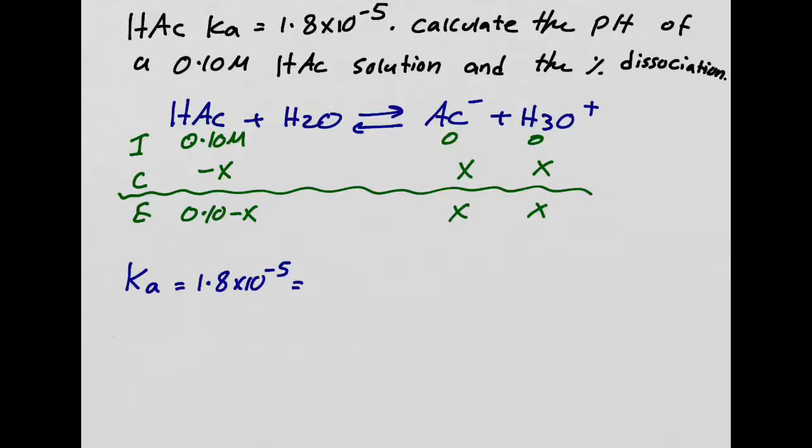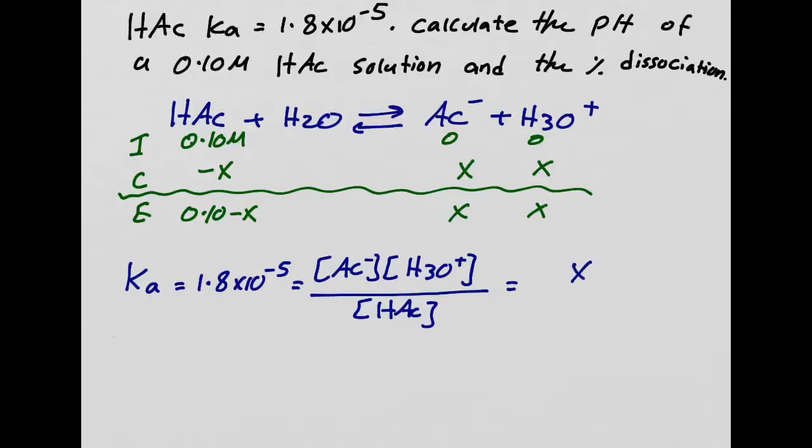Again, equilibrium constant is product over reactant, basically the concentration of acetate times the concentration of hydronium over the concentration of acetic acid. Liquid is not part of the equilibrium constant. Now, it would be X squared over 0.10 minus X. You can definitely assume this X is 0 because our equilibrium constant is low, and whatever this number is going to be so small compared to 0.10. So if I solve for X, I get